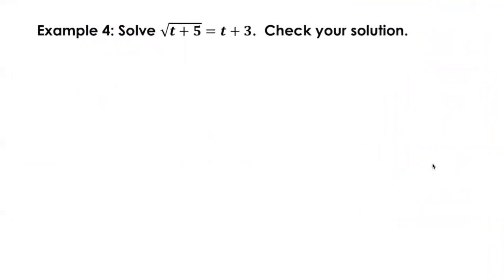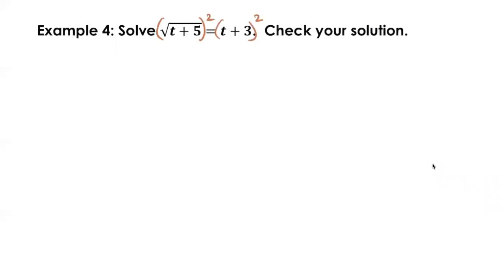All right, so example 4. First, I see I have variables on both sides of the equation, one inside the rad, one outside the rad. So that tells me I'm going to need to check my solutions, and in the directions, they even tell you to. So that's nice of them. All right, I'm going to isolate my radical that has the variable inside, and good thing I already have it isolated all by itself. So I can go ahead and square